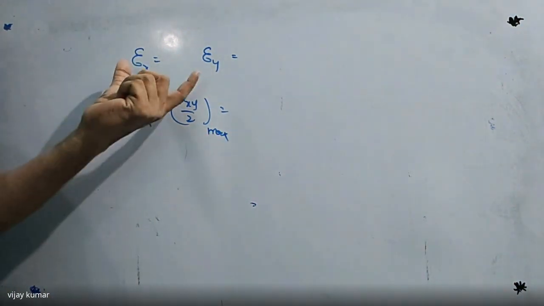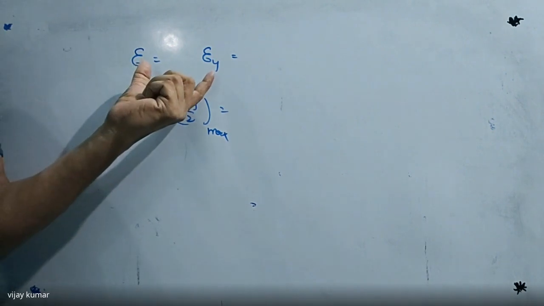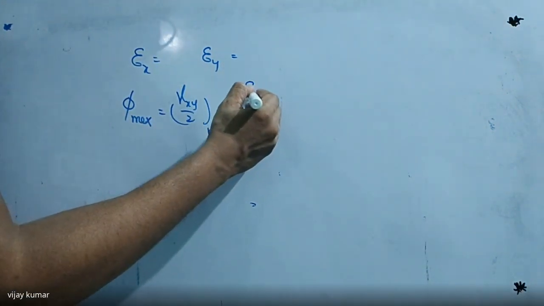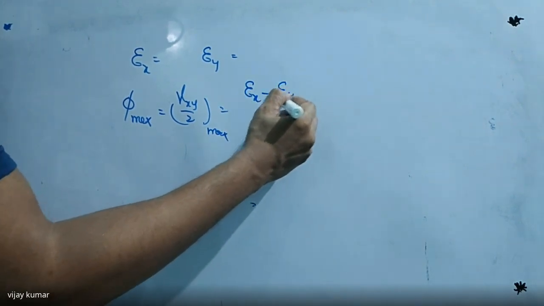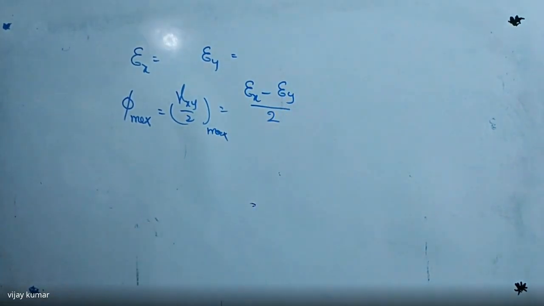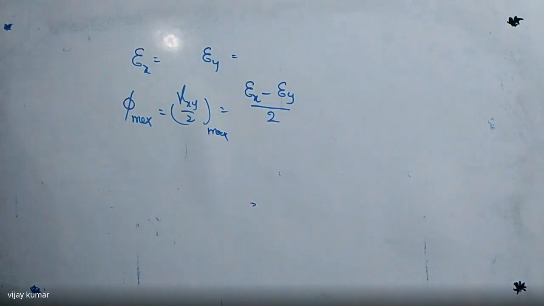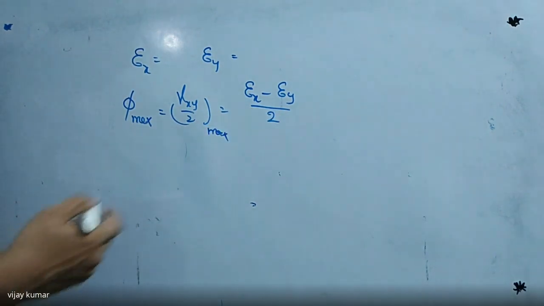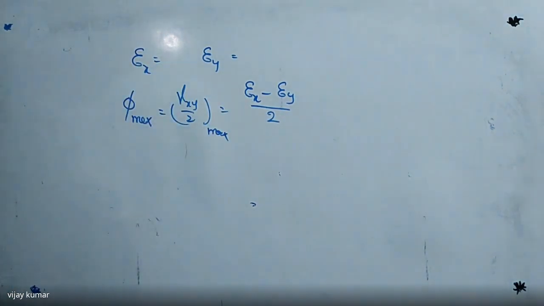It is biaxial. So epsilon x is given, epsilon y is given. In case of biaxial, we are always having epsilon x minus epsilon y divided by 2. In case of stresses also, we are getting the same thing. You got my point or not? But here, this value and this value both are cancelled. Then substitute these two values, we are getting. I'll give you those values also.